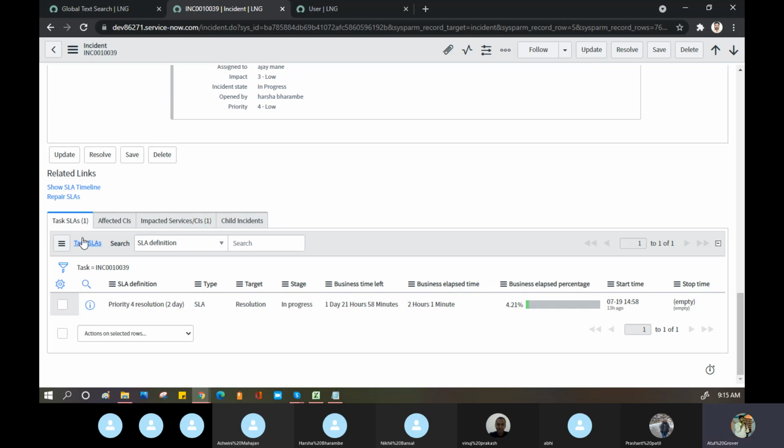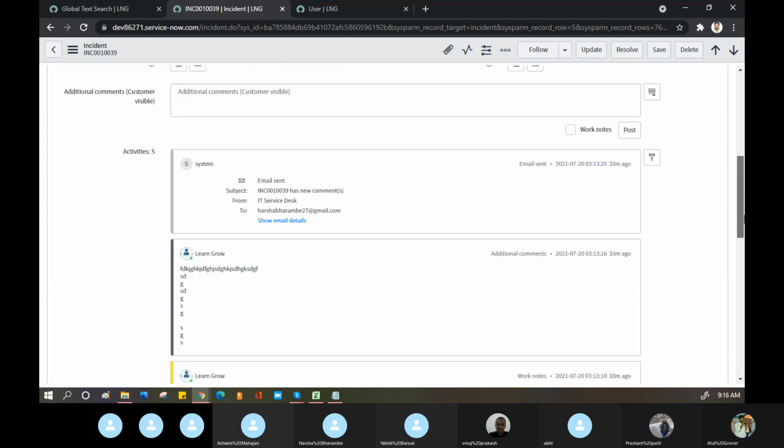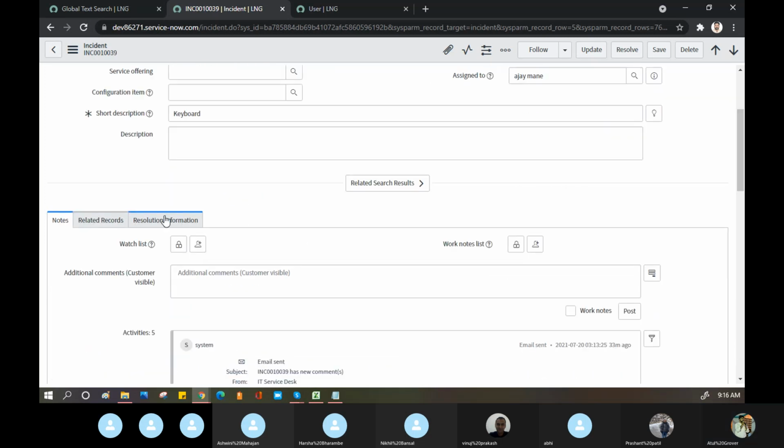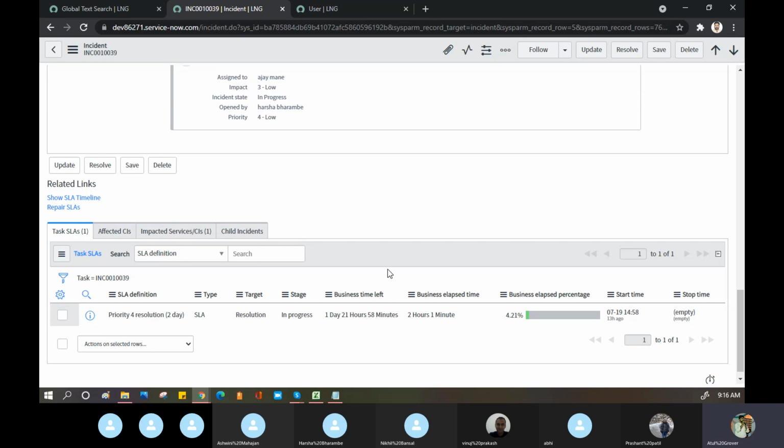What is the difference between these tabs and these tabs? Any idea? Tell me.